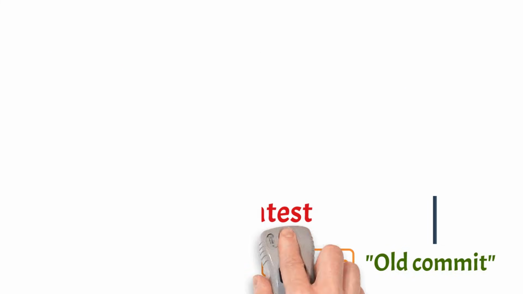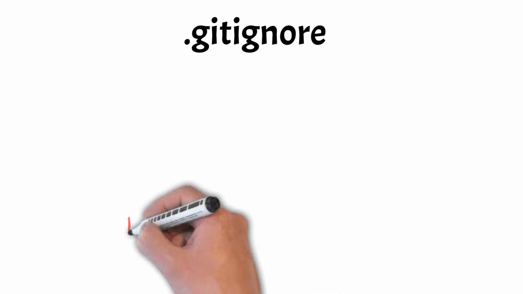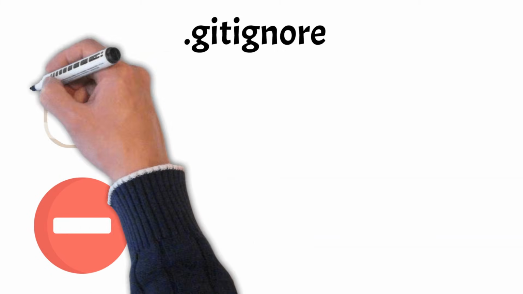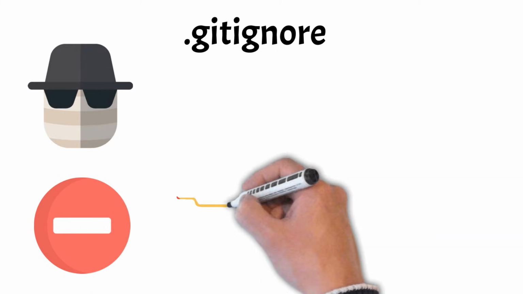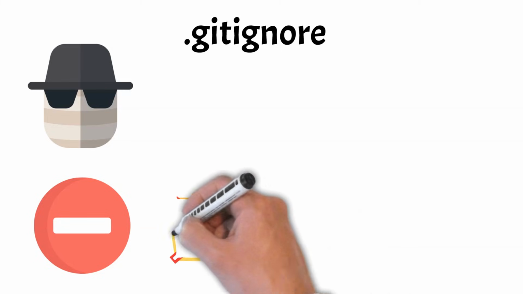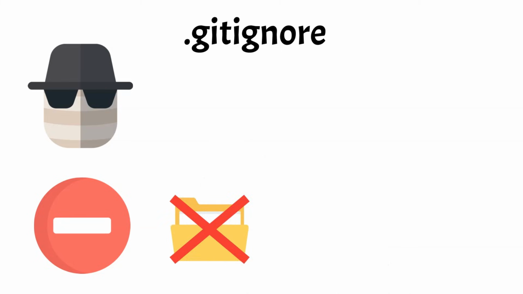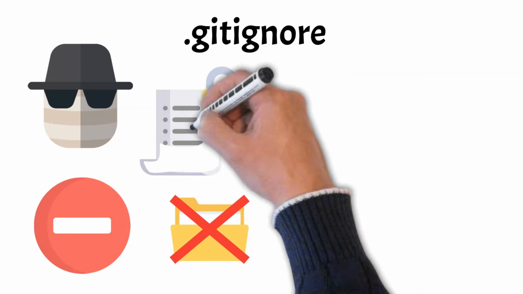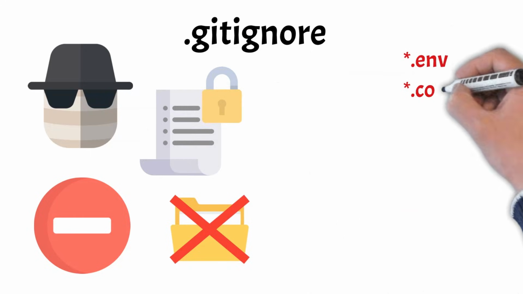Now let's talk about .gitignore, a small but very useful file in Git projects. Its purpose is simple. It tells Git which files or folders should be left out of version control entirely. This is especially important for things that don't belong in your shared history, like automatically generated build files, system-specific clutter, or sensitive information such as